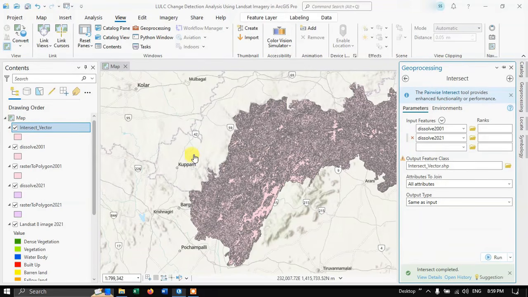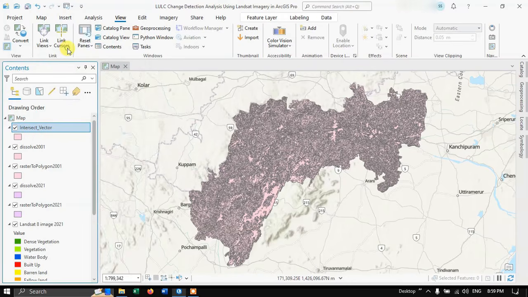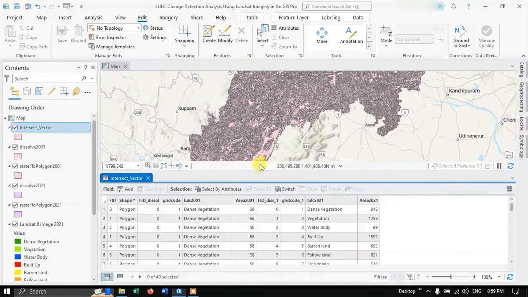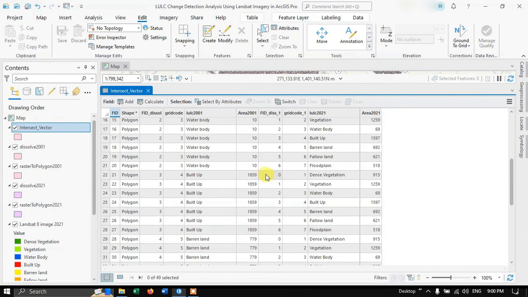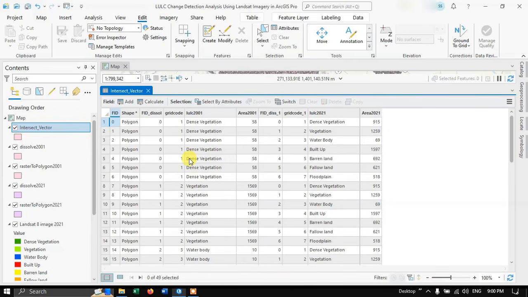You can see here in the content section, you're going to right click and click this option called attribute table. So now we're going to view our intersect layer. Here in the attribute table, you can visualize that we have our grid code of LULC 2001 and its area, and similarly the grid code and LULC 2021 and its area. So we have intersected our dissolve 2001 and dissolve 2021,